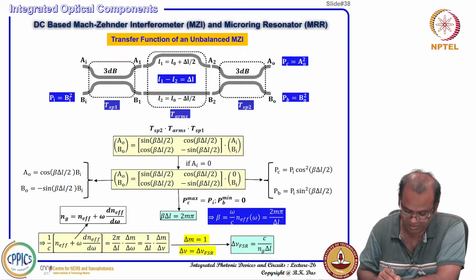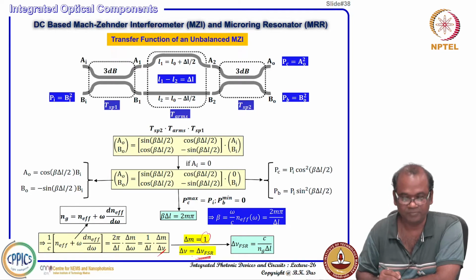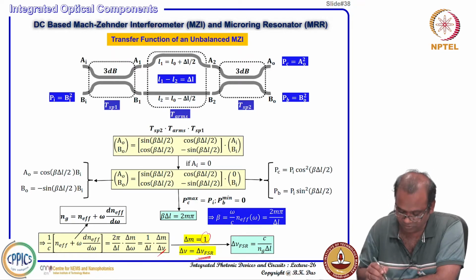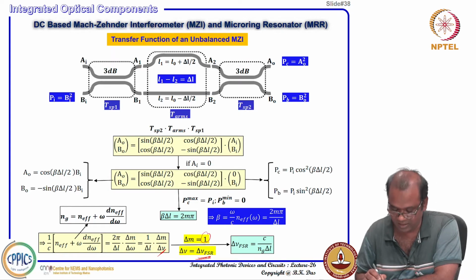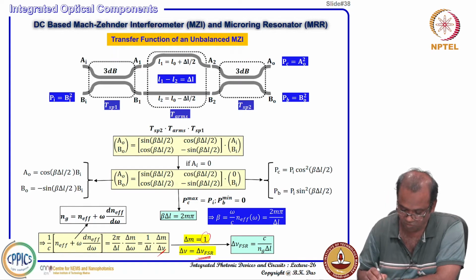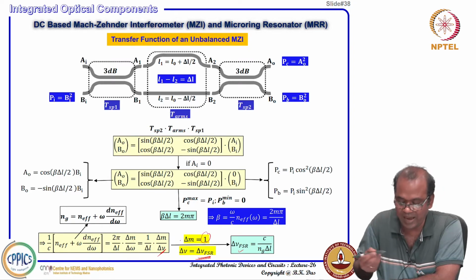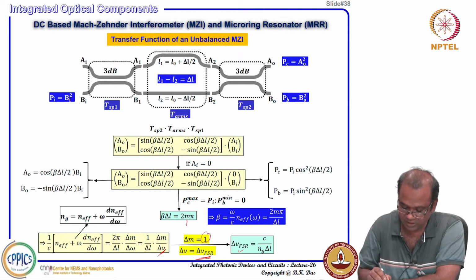If I put delta m equal to 1 and the corresponding delta nu value, I define that as the FSR. I will come to that point. I just define delta nu FSR. So, 1 by delta nu FSR, then I can find out delta nu FSR equal to c by ng delta L. That means, if I just change the order, m to m plus 1,